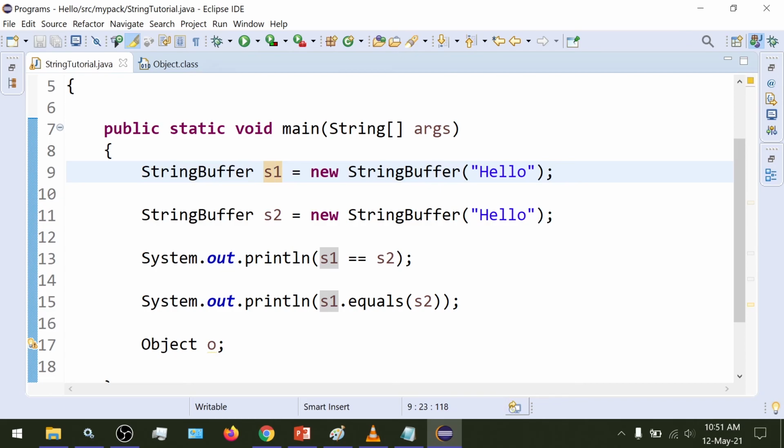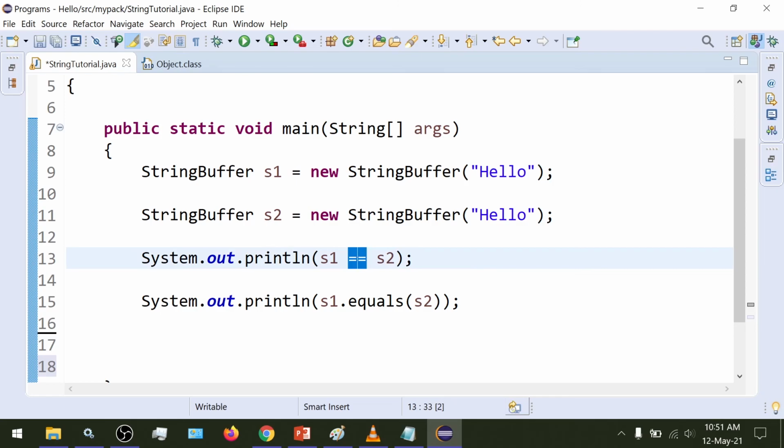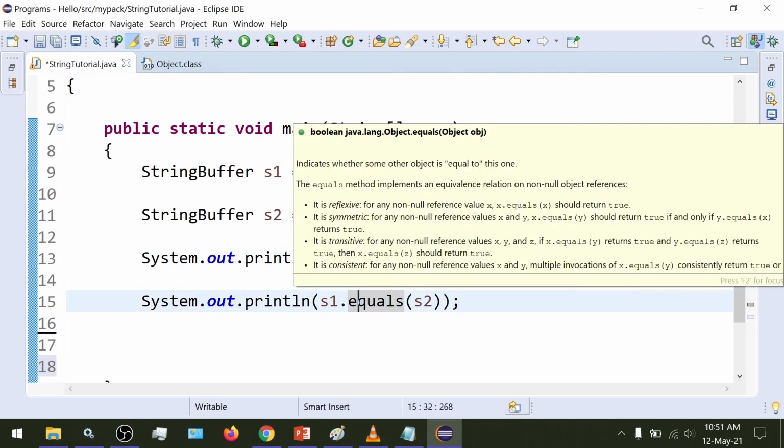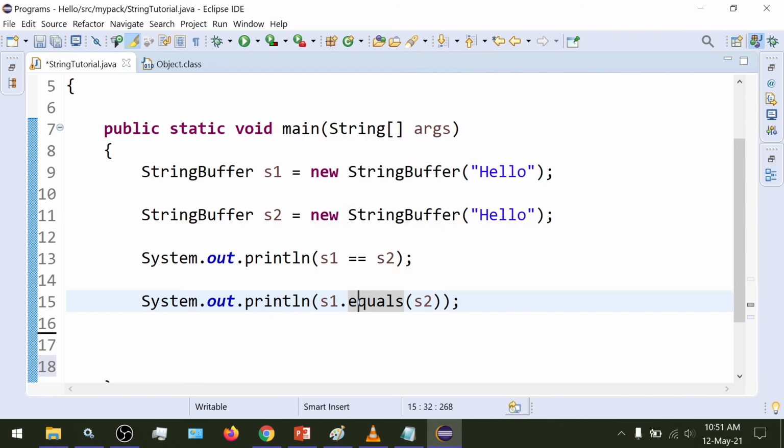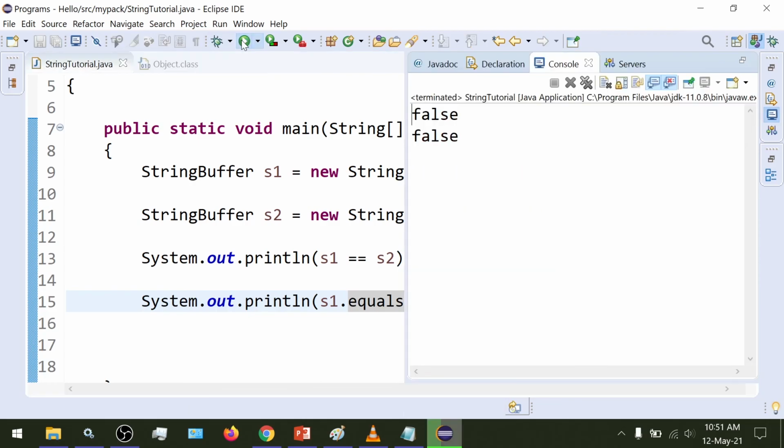We have two StringBuffer objects, s1 and s2, with the content hello for both, and we are printing here the result of s1 equal to s2 and s1.equals(s2). Since we saw the strings case, you might try to guess the output, and if you've taken a guess, then let's run the program.